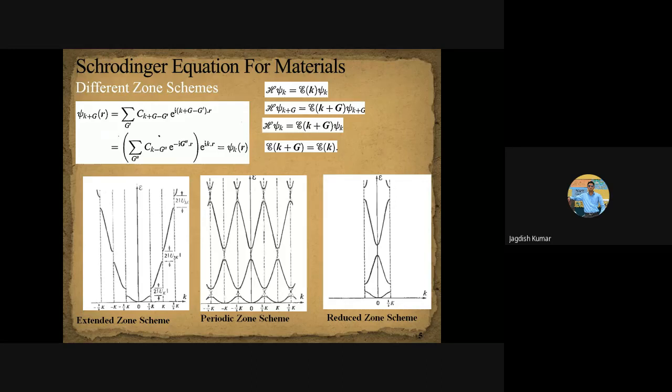Energy is not periodic in the extended zone scheme. I mean, it is just a representation. If you ask what is energy versus wave vector dependence for a free electron, this is h cross square k square over 2m, which looks like a parabola. So if you are plotting only that simple parabola, we are talking of the extended zone scheme.